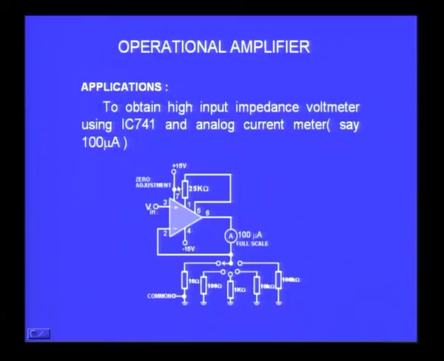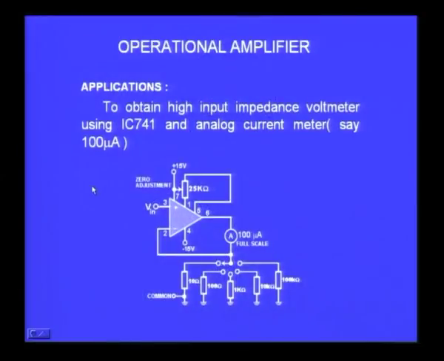You may be wondering what will happen to the dual supply. This dual supply can be very easily obtained by using two 9 volt batteries. Connect them in series and keep the center tap to the ground. Therefore, you get a dual supply +9 and -9, and you can use this, and because the currents involved are 100 microamperes, you would find this battery will last for a long time, maybe several months, and you will have no problem, and it can be put in a very small compact box. Your PCB, your two batteries connected as a dual power supply, everything can be enclosed behind that panel meter,